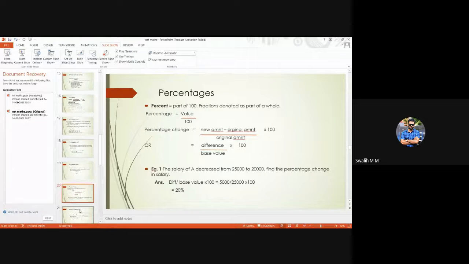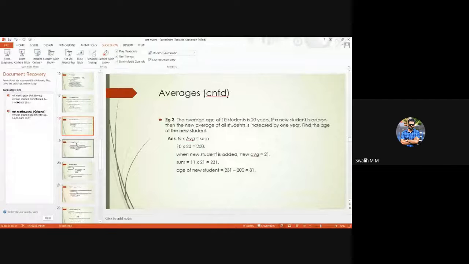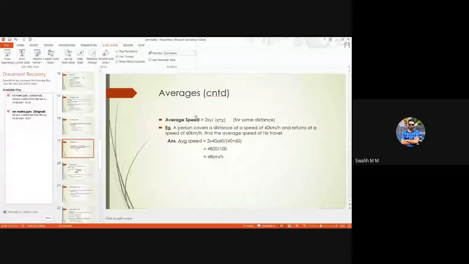Moving on to net percentage change. Again, there is like this. See, I used a formula here like that. Next, net percentage change means percentage. Example, the salary of A is increased by 20%, then increased by 10%. Find the net increase. The question won't be asked like this. They'll give some values, a little bit complicated, but finally you need to only find this much. So in terms, there is percentage on percentage question. There is also another formula, that is x